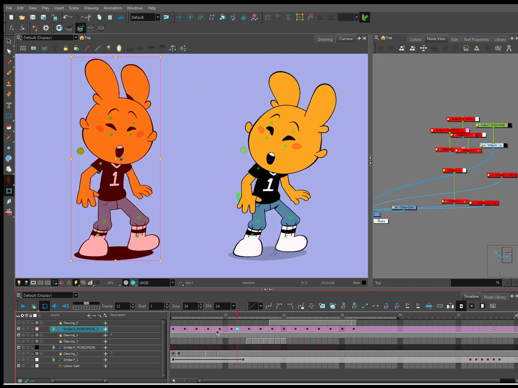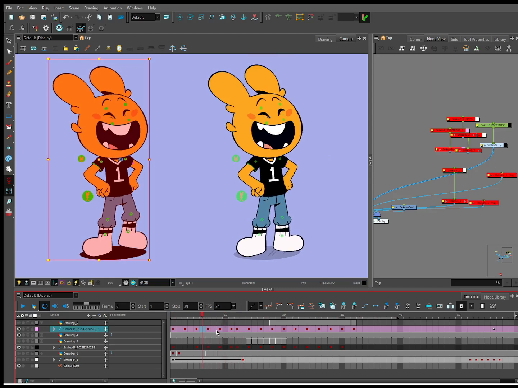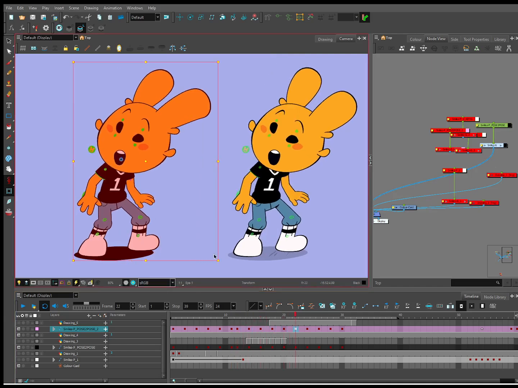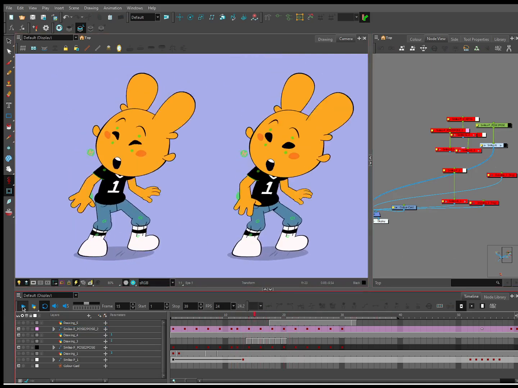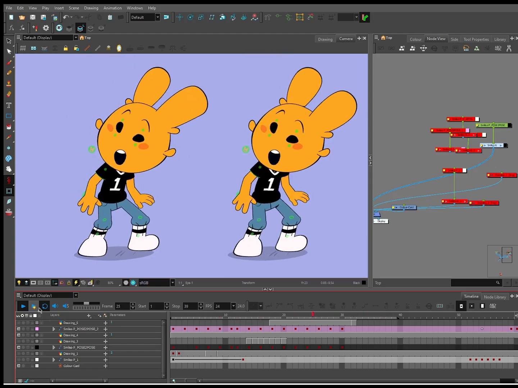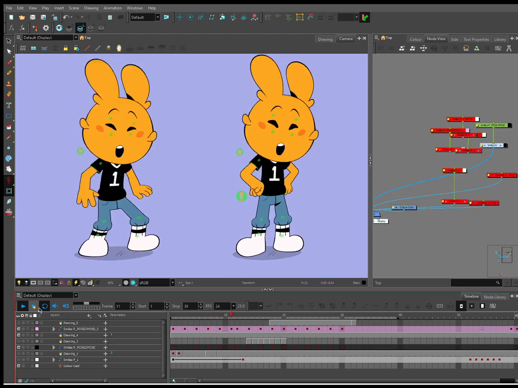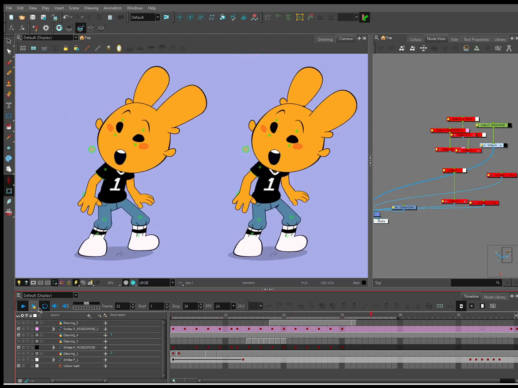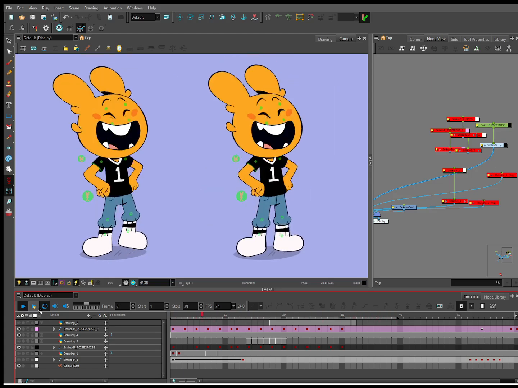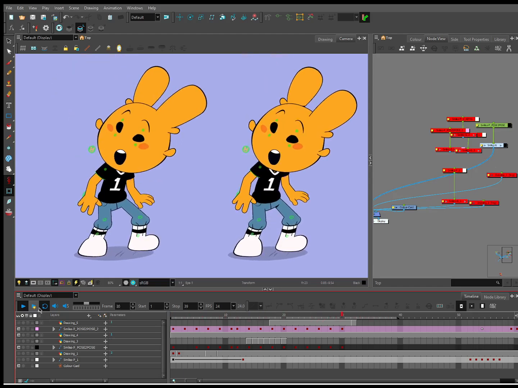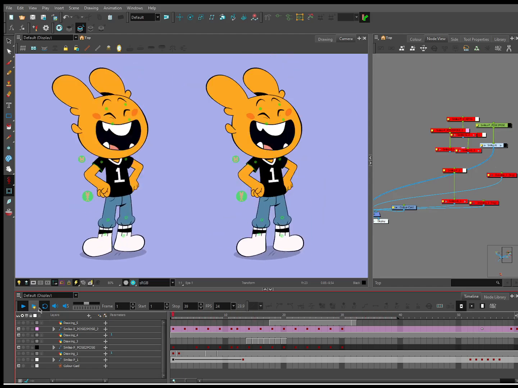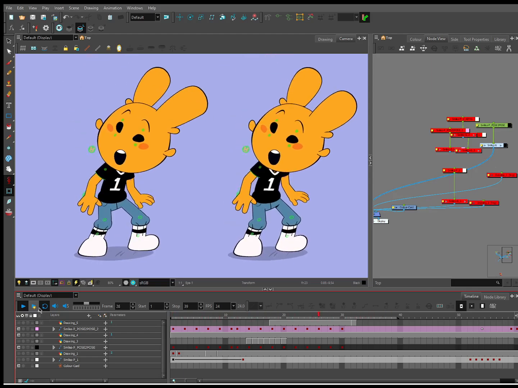This is actually very slow. I'm going to speed it up. I think that's better. Let's try this. Yeah, that's better. We didn't need that in between. I don't like overdoing things, but at least if you overdo something in Toon Boom, you still have that information. You can always water it down yourself. Like, oh, I squashed it too much. How do I unsquash it? Well, you can just tween it and pick something that's not as squashed.